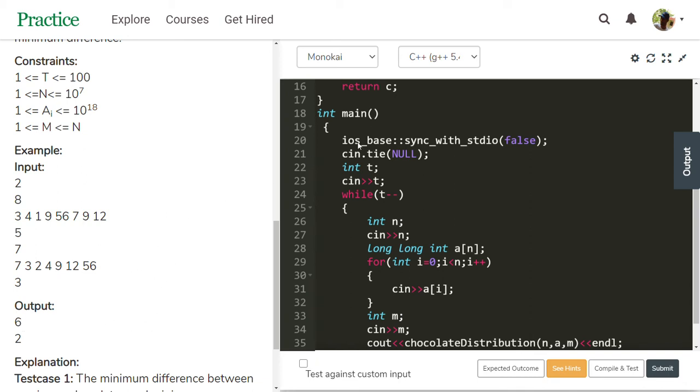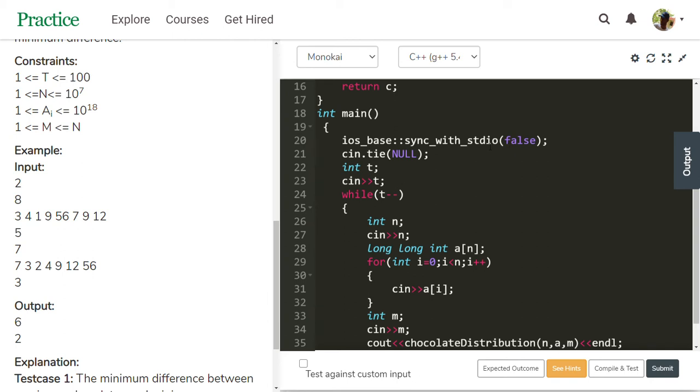To solve this task, here is our code. In this code, initially I am using these functions. This function is the synchronization of the standard C++ streams with the standard C streams, because synchronization is required, but it happens before the input and output.